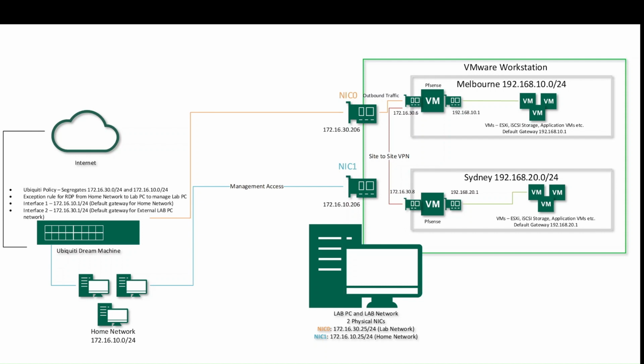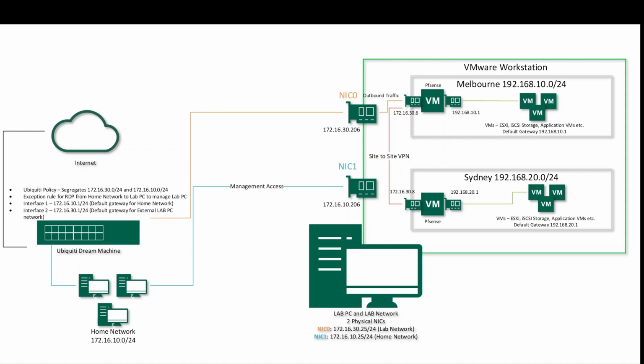It's the gateway box, the router, if you like, that allows my Melbourne network to get access out through to the internet via that 172.16.30.6 interface. And inside the Melbourne network, we've already established a little environment. We've got a couple of domain controllers. We've got an ESXi environment with vCenter running. I think we've got an Exchange server as well. And all we're going to do now is create that secondary site below, which is the Sydney site